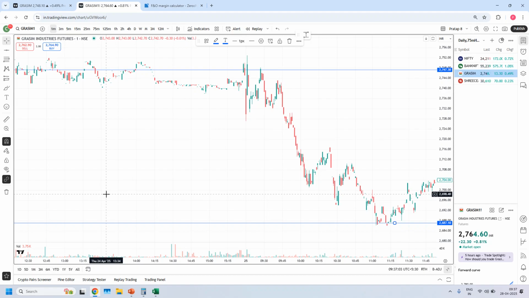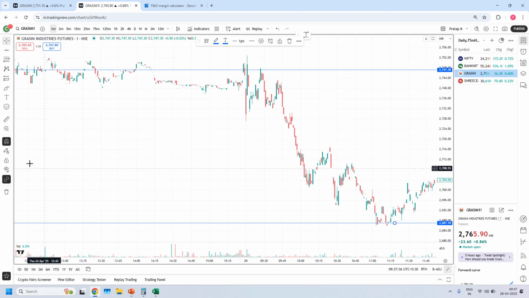Suppose you want to sell at 100 rupees. Instead of keeping 100 rupees as the sell price, you keep 99.80 or 99.90, so that definitely your trade will be executed. So this is about the comparison between